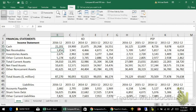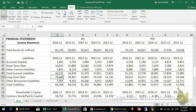If we look down in the liabilities, both firms are very similar, about 53 billion up to 64 billion, and we see the same pattern over here with our friends at Pepsi Cola. Pepsi has a materially higher amount of accounts payable. If we look at short-term debt, look at that with Coca-Cola. That is a lot of short-term debt relative to Pepsi, and